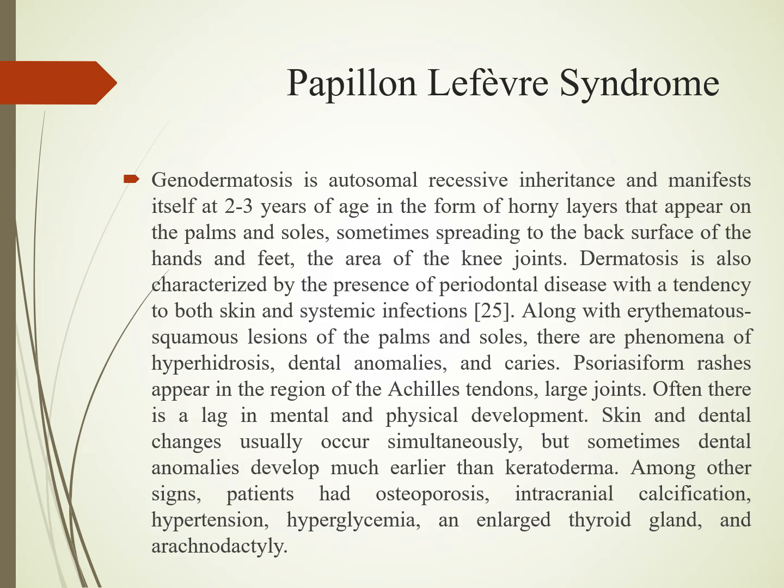Papillon-Lefèvre syndrome. Keratodermatosis is autosomal recessive inheritance and manifests itself at 2-3 years of age in the form of honey layers that appear on the palms and soles, sometimes spreading to the back surface of the hands and feet, the area of the knee joint. Dermatosis is also characterized by the presence of periodontal disease with a tendency to both skin and systemic infection, along